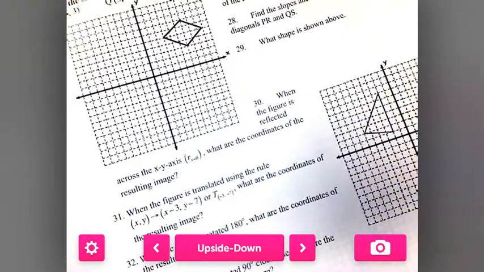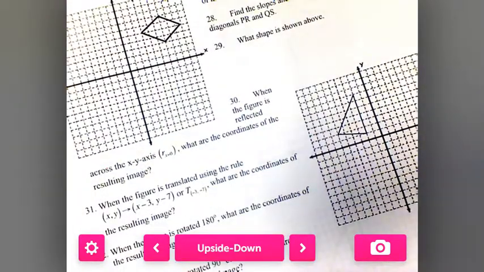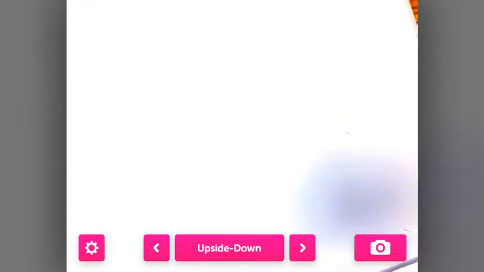Okay, if we're looking at, let's see, we should be looking at, I need to grab that page. If we're looking at 26,